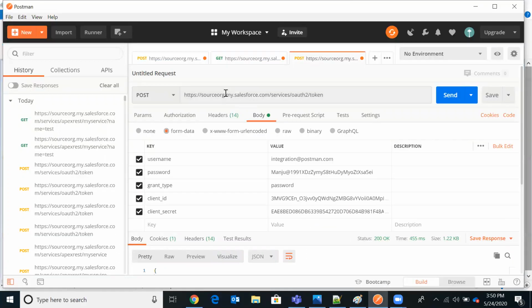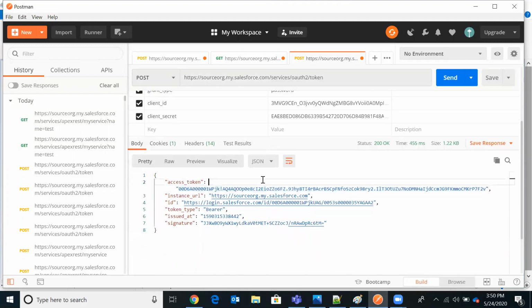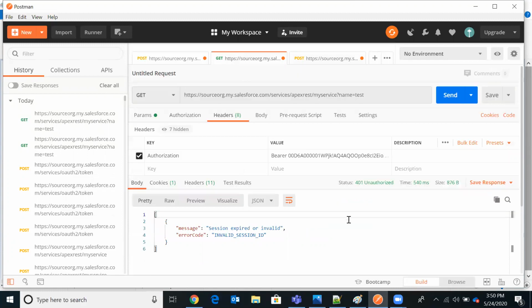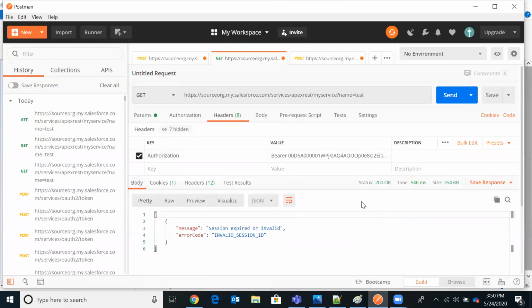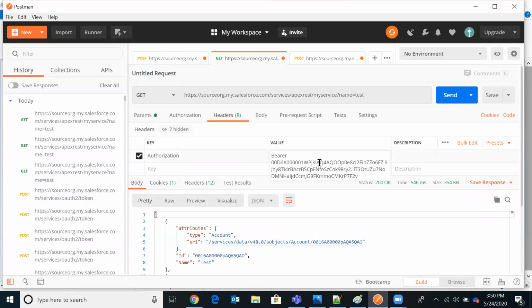When we are trying to access any resource, you have to pass your access token. If the access token is invalid, then you'll get a 401 related error. If your authentication is not successful, then you will get the 401 error. Now I got success because I passed a valid access token.